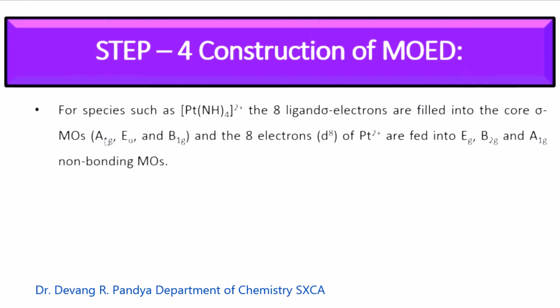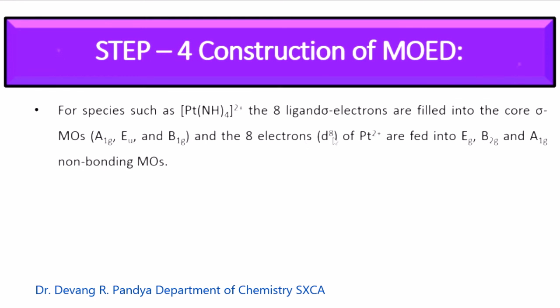A1g is 1 molecular orbital, fill 2 electrons over there. Eu is a doubly degenerate px and py, so 4 electrons are there, and B1g 2 electrons would be there as well. So that way 8 electrons donated by ligand group orbitals will go into these molecular orbitals,